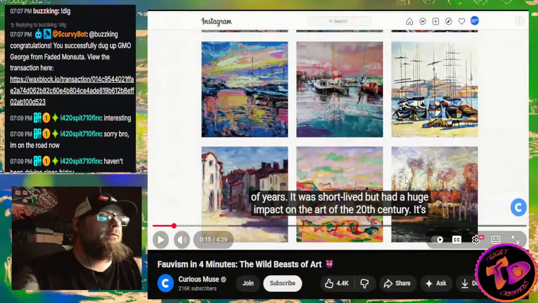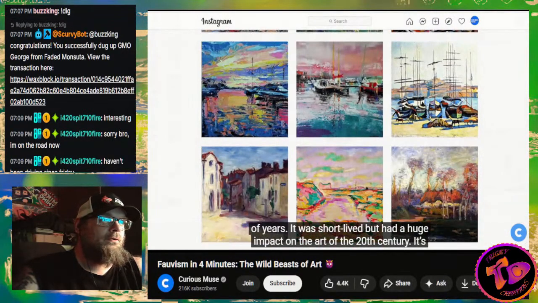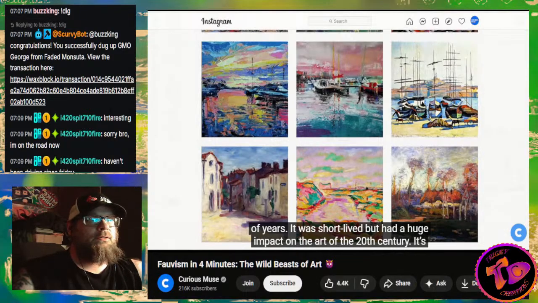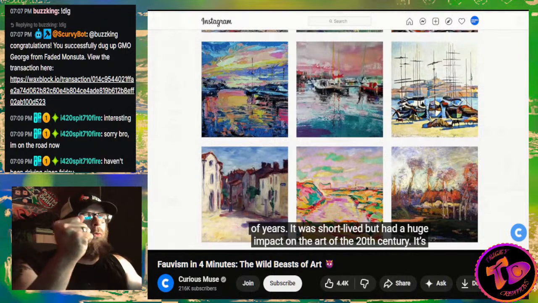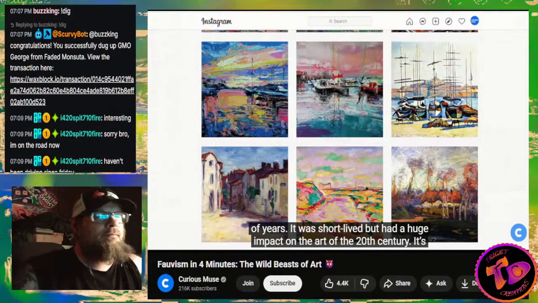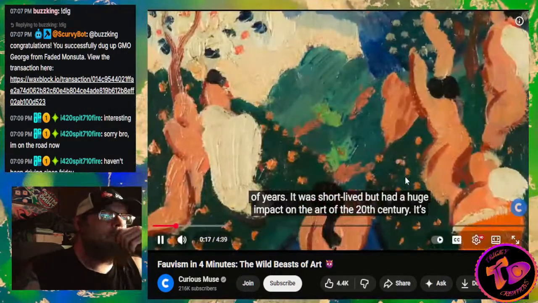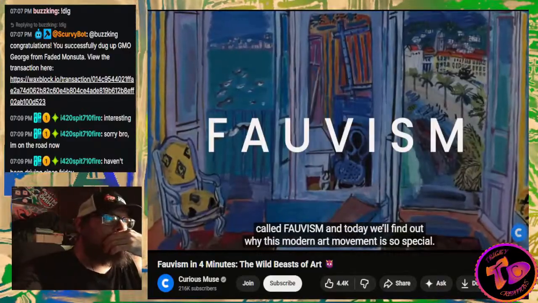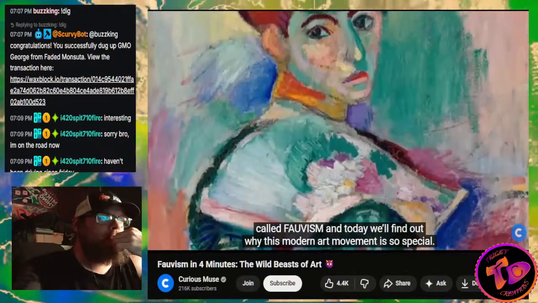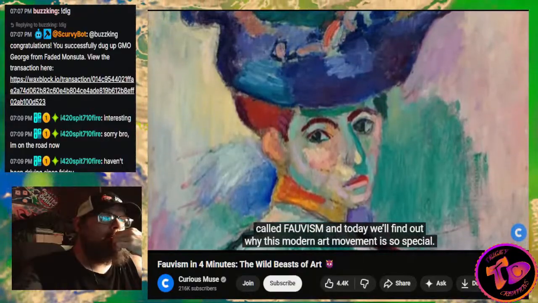It was short-lived but had a huge impact on the art of the 20th century. It's called Fauvism, and today we'll find out why this modern art movement is so special.